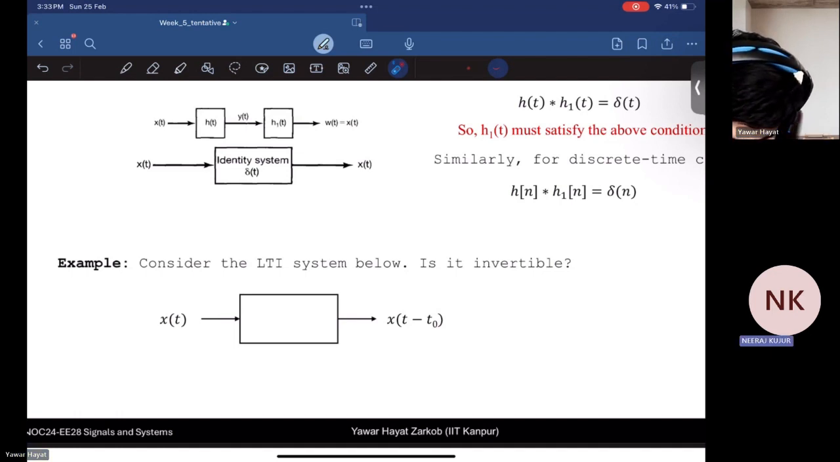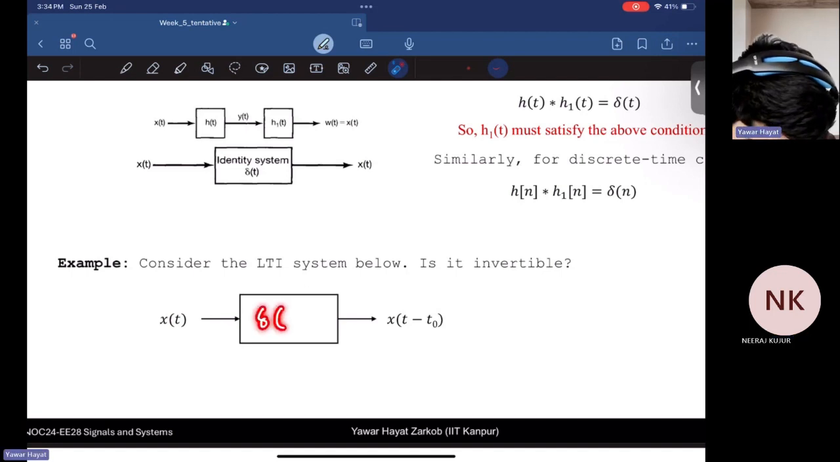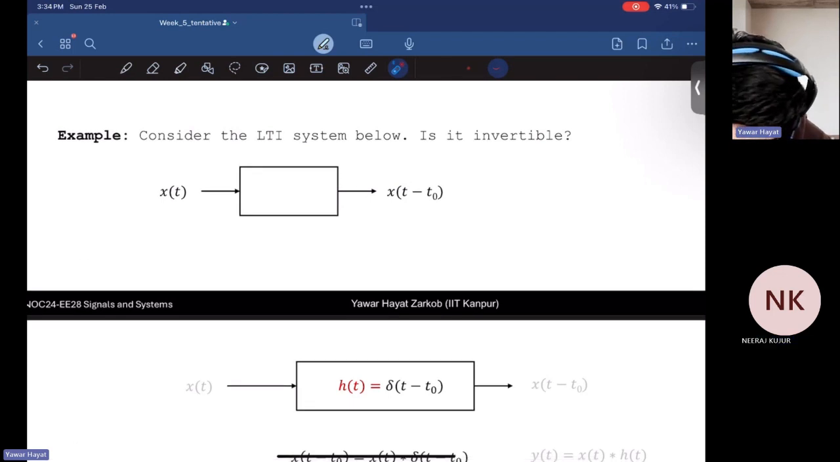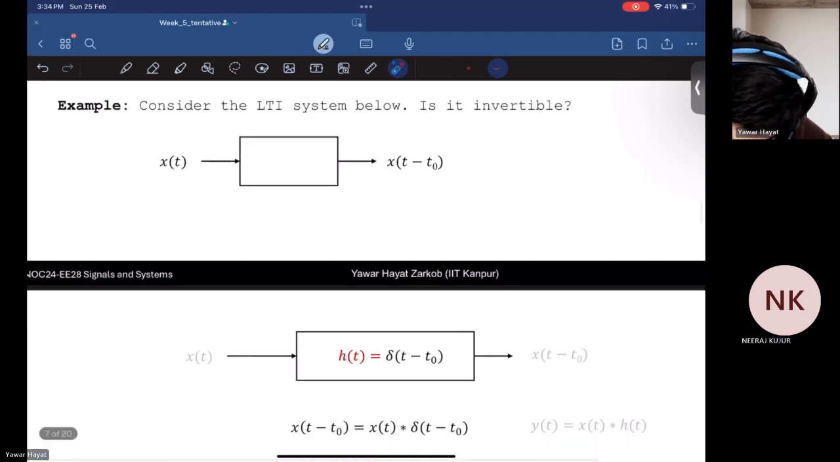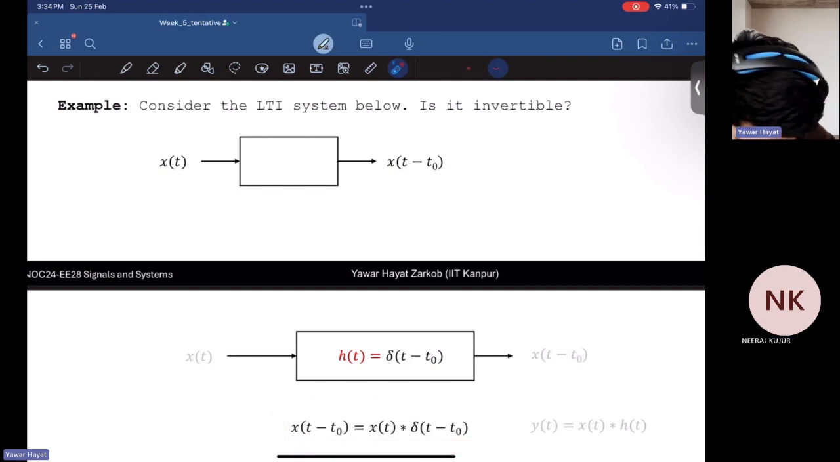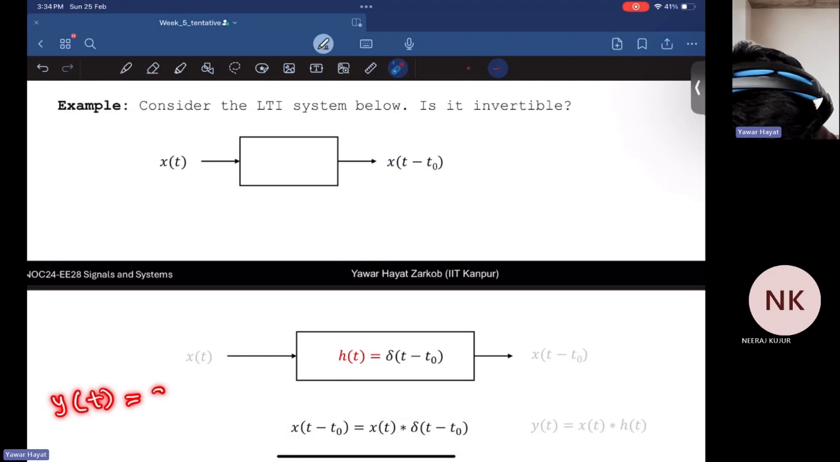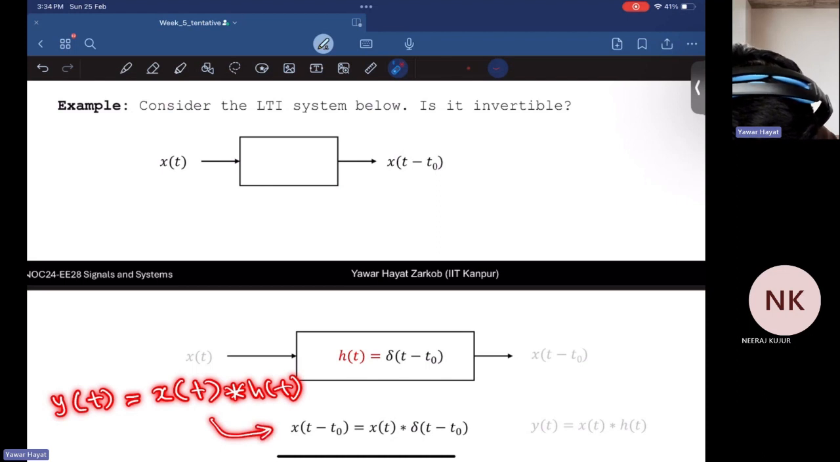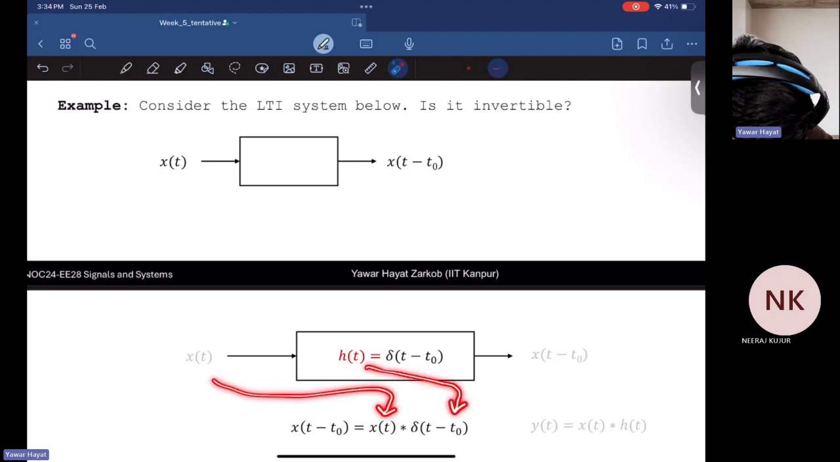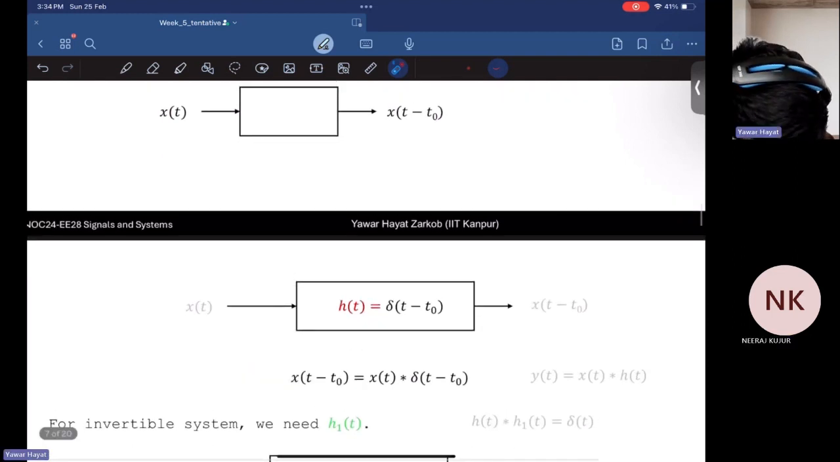Should be del of t minus t naught, right? Yes, this is the impulse response of this system. So this is the equation that we are aware of, that y of t is given by the convolution of x of t and h of t. Here y of t is this, x of t is this, and this is my impulse response. Now for invertible systems, we need h1 of t,